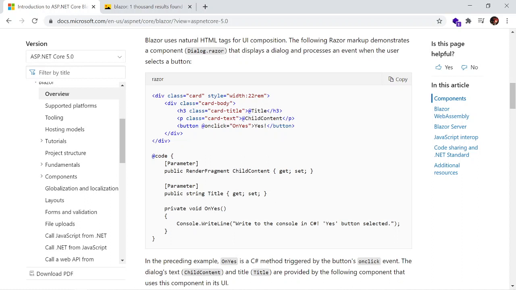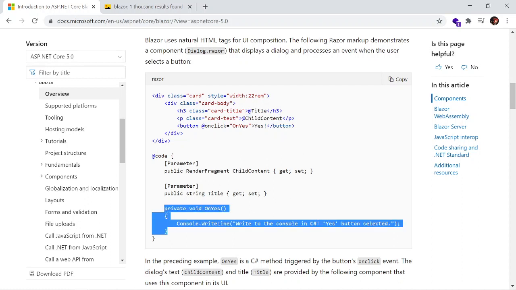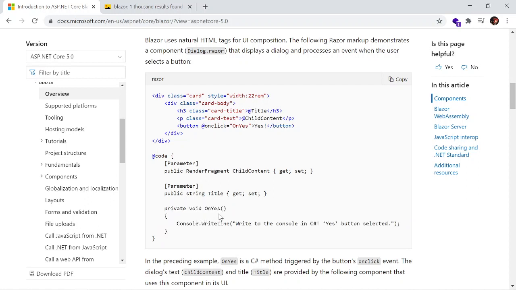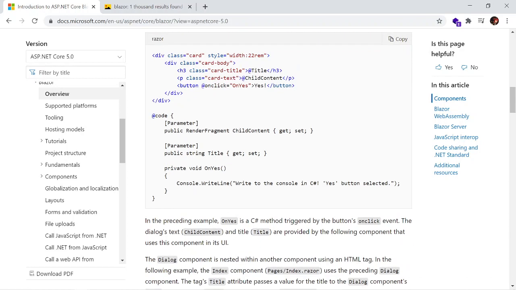And this is the function of the C# code. When we click on this button, then the console will read this line.